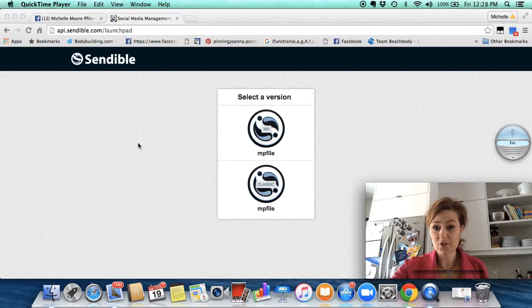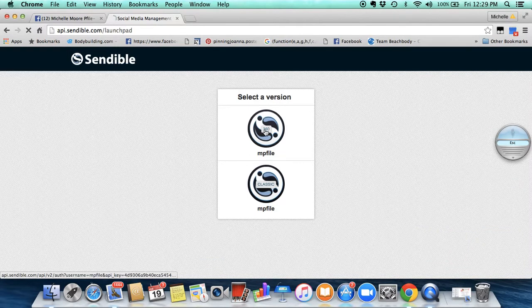This Sendable screen would be the first screen you come to, and you'll have to set up your account and all that stuff. But you're going to come to what we call select a version. I signed up before this new version happened, so I always have the choice of classic or this 360. But let's go into the 360